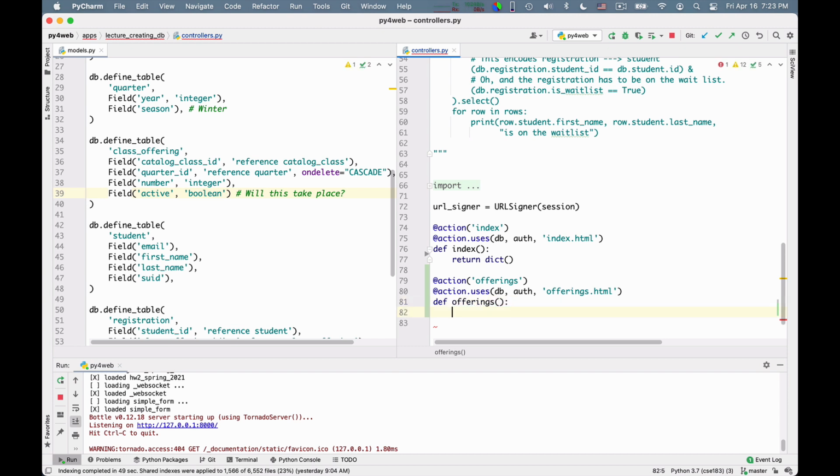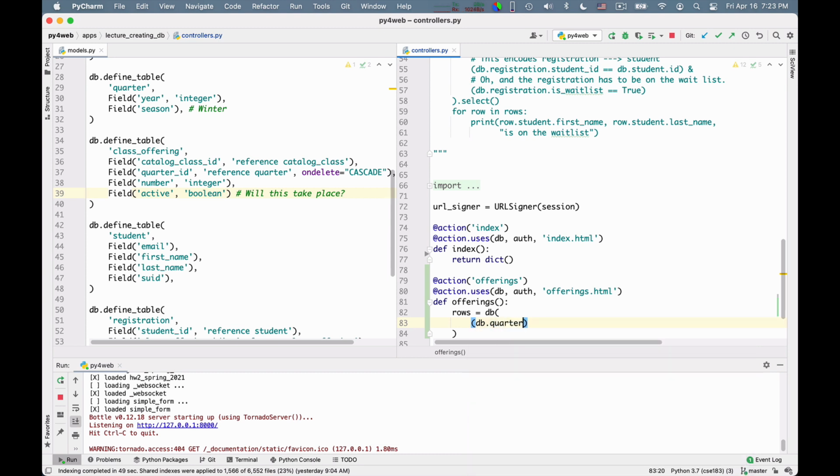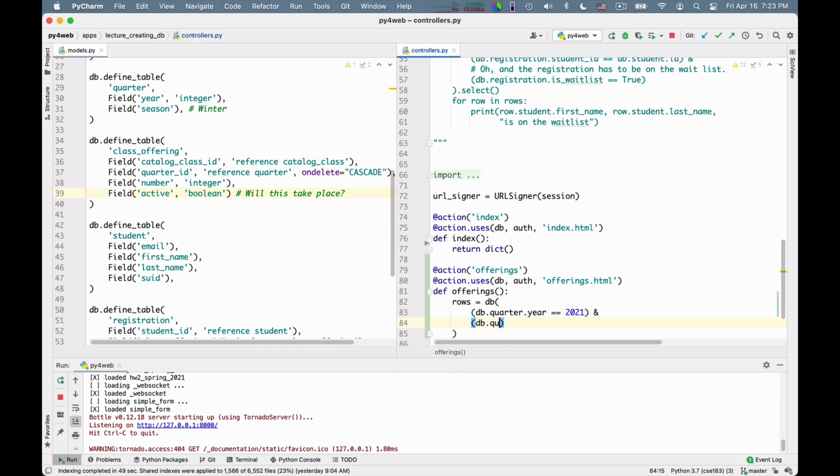And here I want to do a database query that lists all the offerings of a particular quarter. So I do a db rows is equal to db, and then here I write my query. So I say db.quarter.year is equal to 2021, and db.quarter.season is equal to spring.